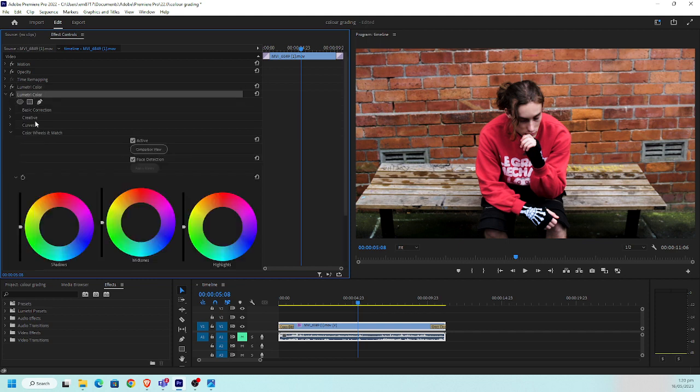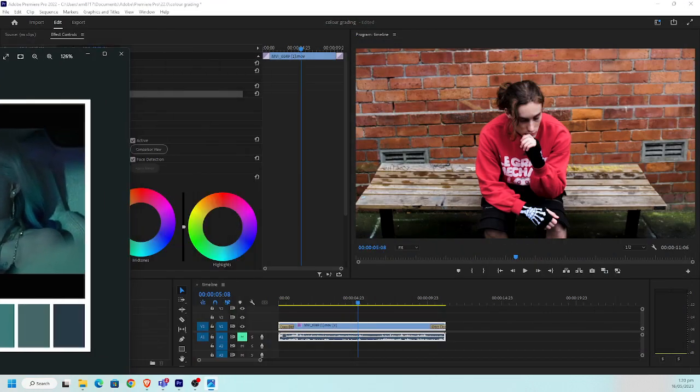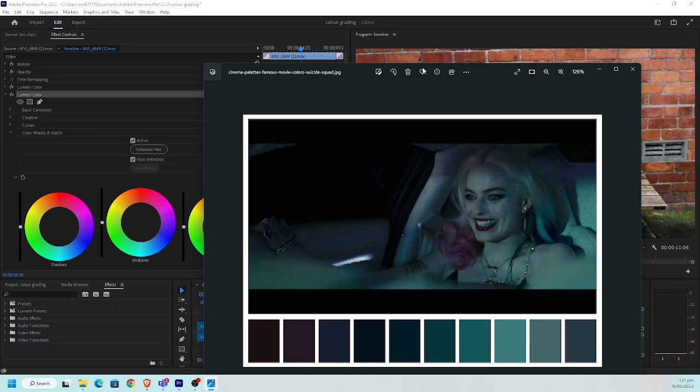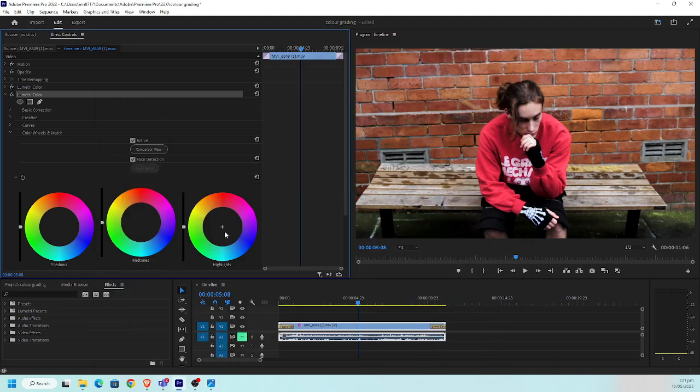The second one is grading. Let's assign this kind of colors to the brightness, sort of dark reddish to the brightness, sort of turquoise and bluish to the darkness, and gray to the midtones. So these are midtones, shadows, and highlights. Shadows goes towards kind of